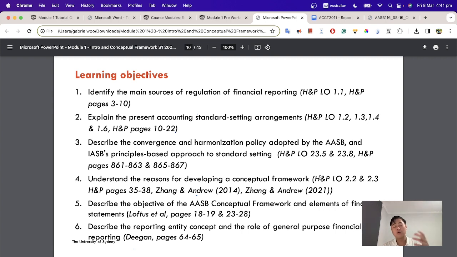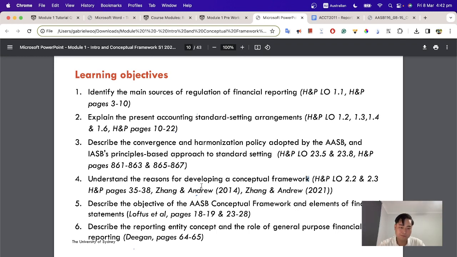Australian rule-setting authorities will be lobbied by the Australian mining industries to have more favorable accounting treatment for the mining industries, perhaps more lenient PPE depreciation structures. And therefore, we will have slight differences in the local presentations of financial reports. However, in recent years, there has been a convergence. A convergence means a coming together, a harmonization, alignment in policies adopted by the AASB in relation to the internationally recognized